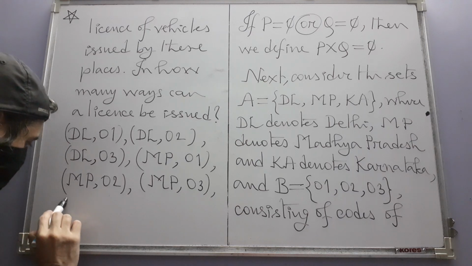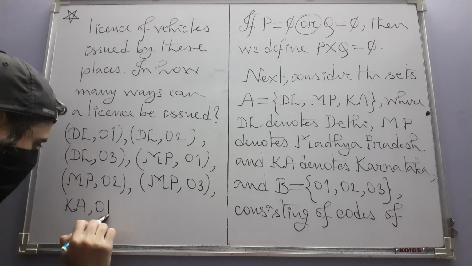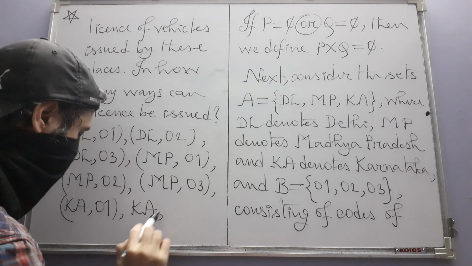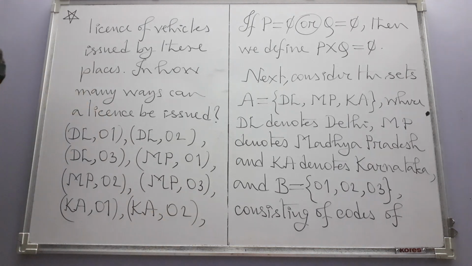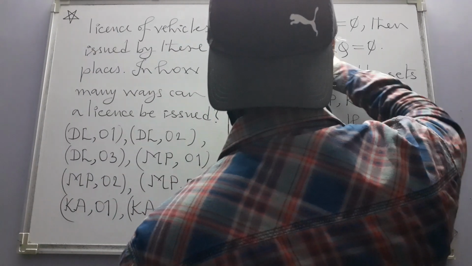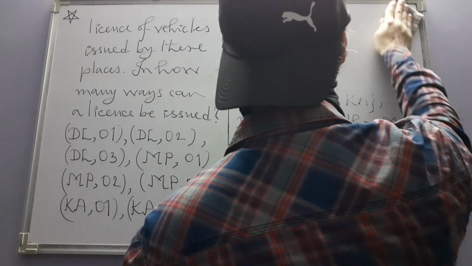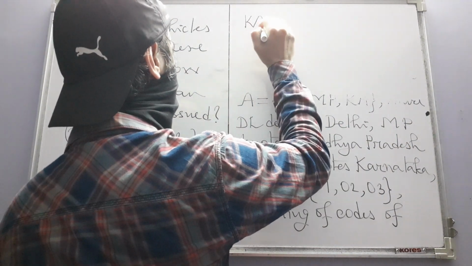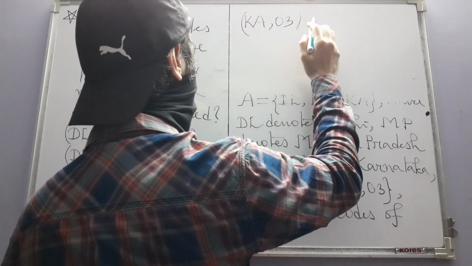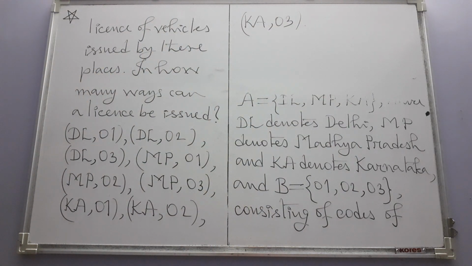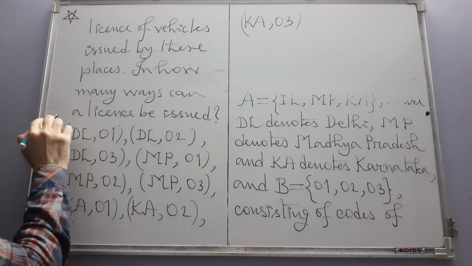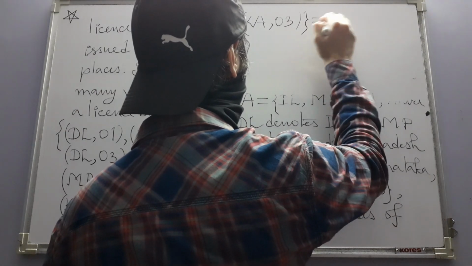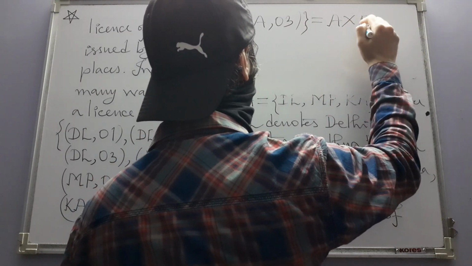And next comes Karnataka. Okay, so these are all the possibilities, and the set of these possibilities is clearly nothing but the Cartesian product